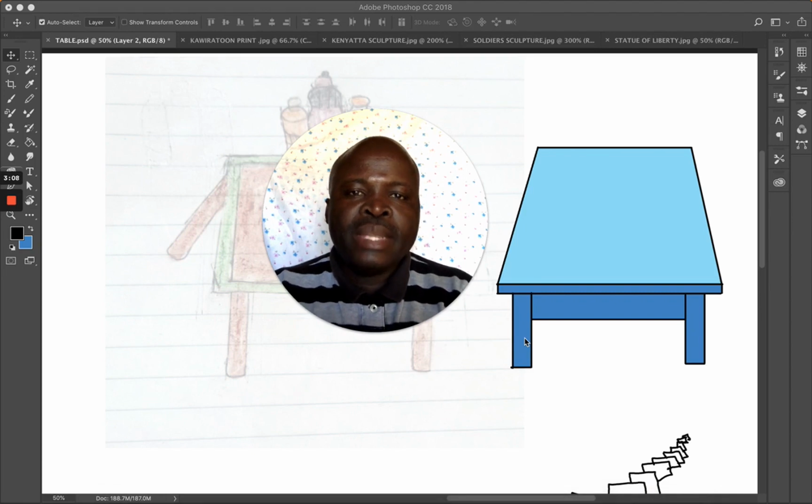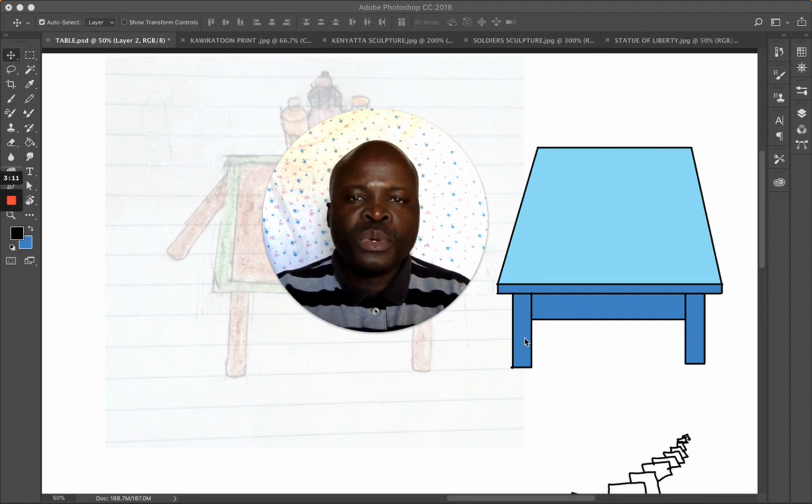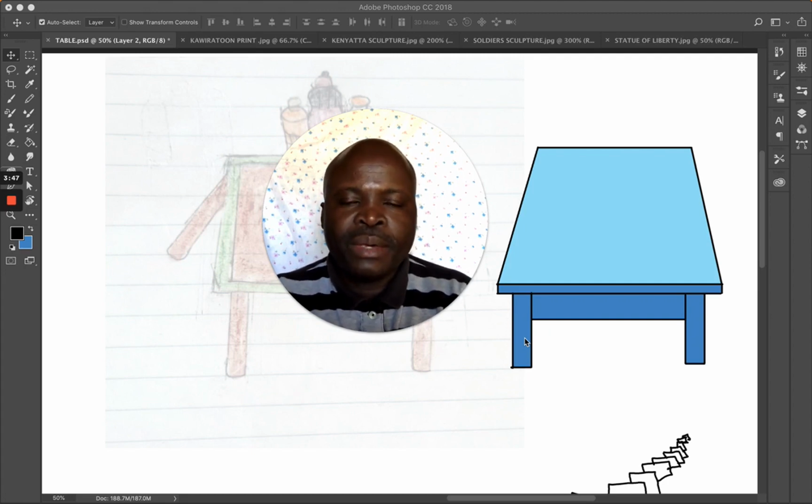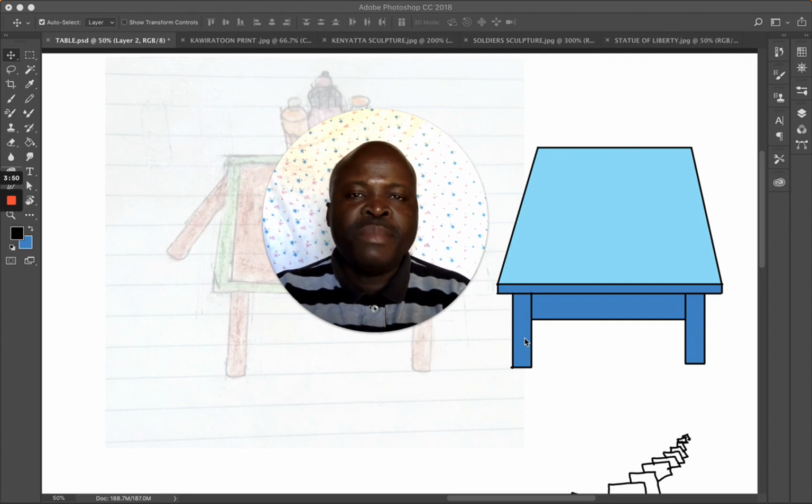So in the next lesson, we will learn how to draw the table, this time accurately, through what is known as drawing using 1-point perspective. There are different types of perspectives. There is 1-point perspective, 2-point perspective, and 3-point perspective. We will be learning about that in subsequent lessons. So if you do want to take the skills you gained today to the next level, make sure you join me in the next lesson, where we will look at how you can actually draw this table in 1-point